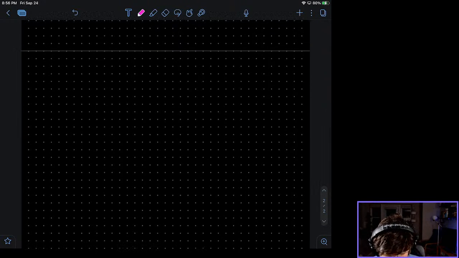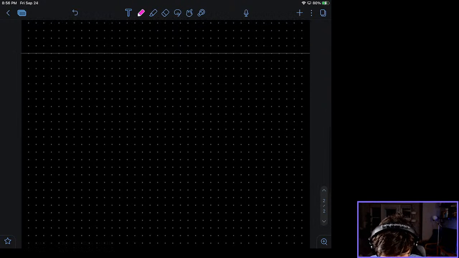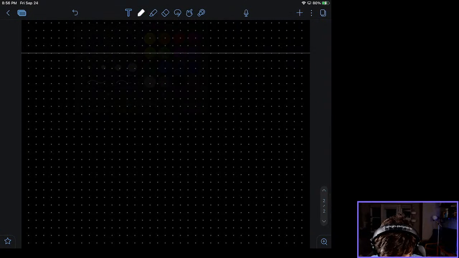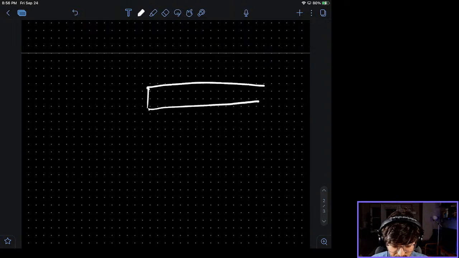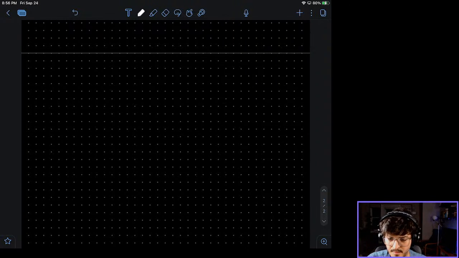So, I'm going to first outline the shelf on the side. That's awful. Let's actually set this up a little nicer here so I can do a little bit of drawing.